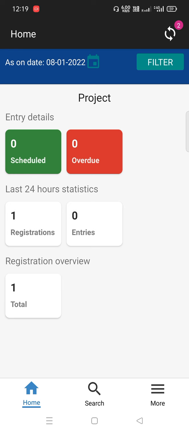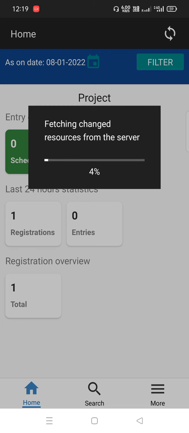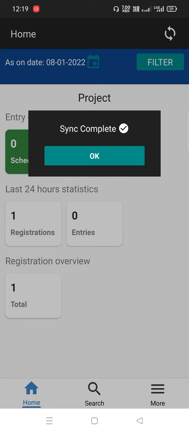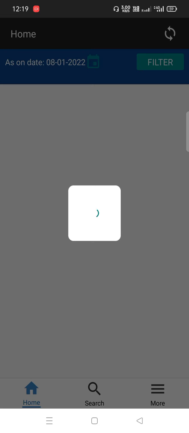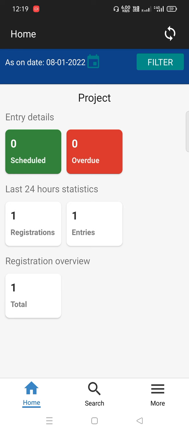Whenever the network is available, whether Wi-Fi or our data network, and we have unsynced data on our device, we'll go to the sync button and say sync. It will start uploading the data from our device, and if there are any changes made on the system for the catchment of our device, it will take those also. You can see sync is complete. We'll say okay. This is the process we have to follow whenever there is data entry pending or due for the project coordinators for any project.